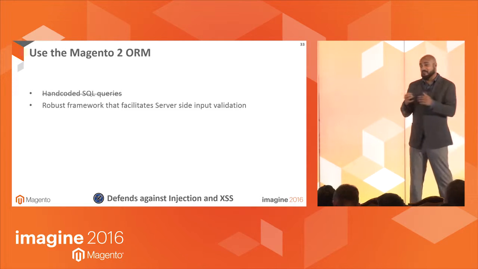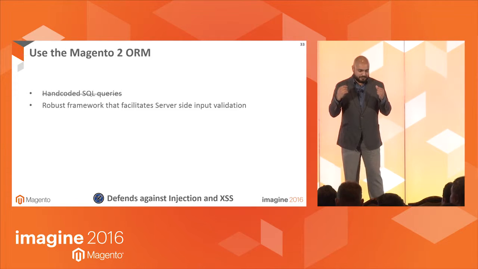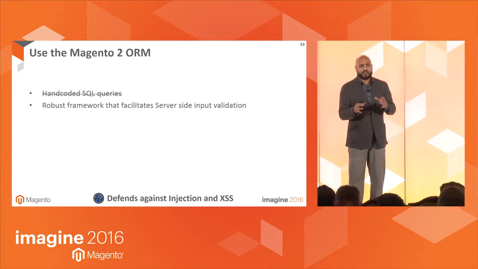So my point is, I'd encourage you to use the Magento 2 ORM. There are resource models and collections, which may be a little bit difficult to understand sometimes for a newbie developer, and it's easier to just hand code your SQL, but you're hand coding risky SQL. It's better to just rely on the Magento 2 ORM to do its job for you, and you spend the time learning it because it provides you the ability to do server-side validation very neatly in your models before the data gets into your database.